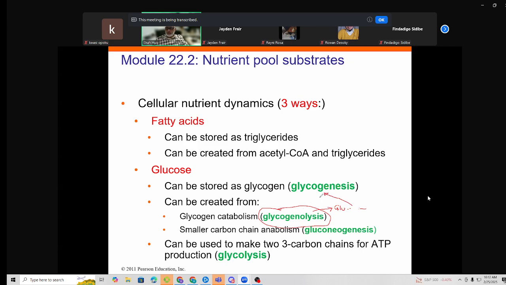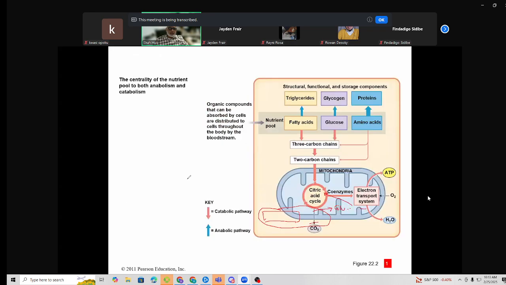So see, they're very similar synonyms or nomenclature, but the difference is the last part. Glycogenesis, genesis means synthesis. Glycogenolysis, glycogen, this is the one part, and lysis is the breakdown. And then we have also talked about, if you go back here, you see that